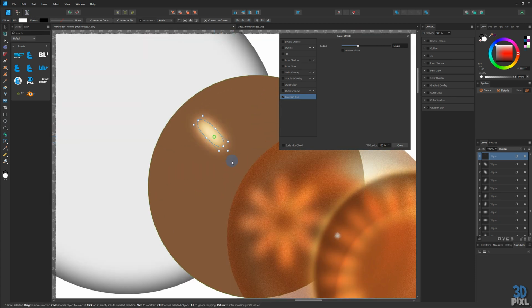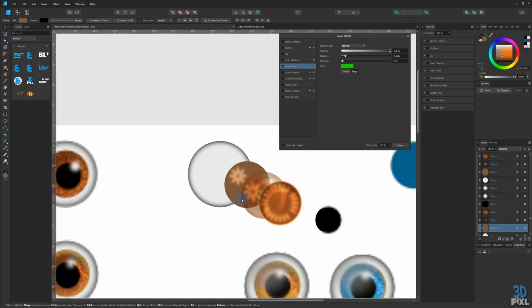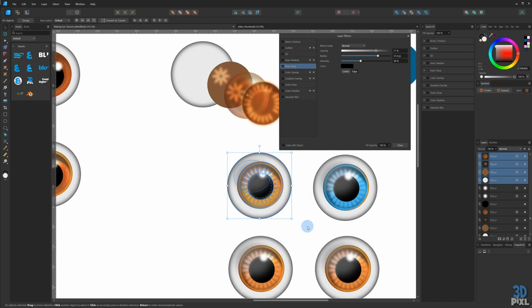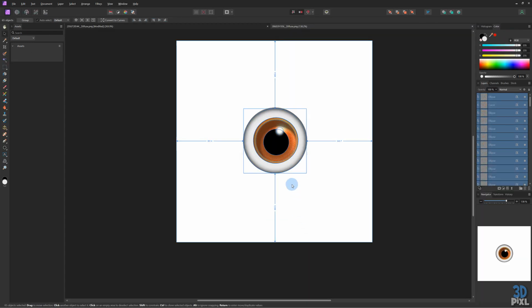Control J to duplicate, move it to the side, grab both copies of it, Control J to duplicate, use the rotation handle. I held the shift key down, so we've now got the 4. Highlight all 4, Control J to duplicate, do the same thing again, hold the shift key, do the rotation, and there we have it. So this eye, if we Control C, paste it into Affinity Photo, place it on top,